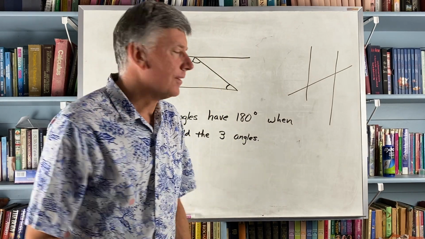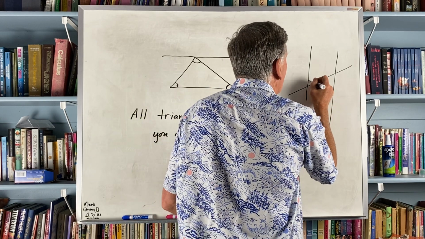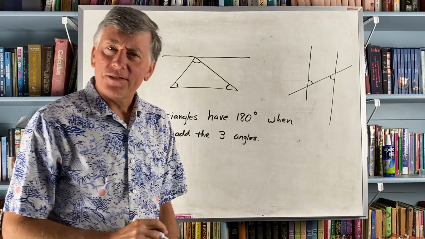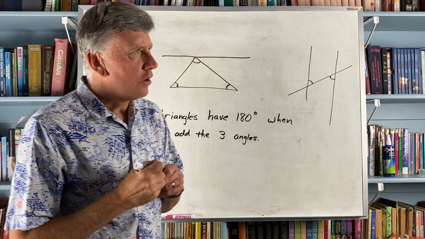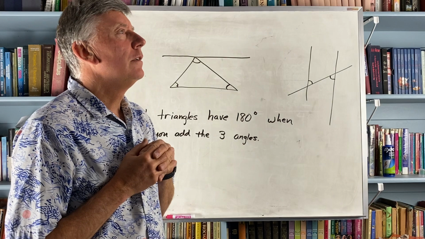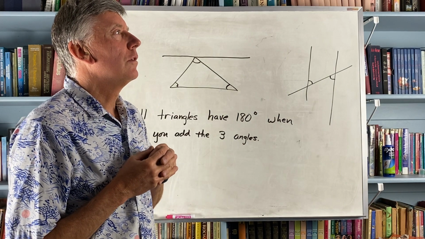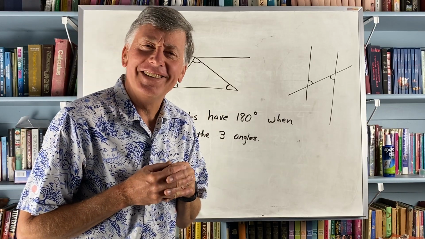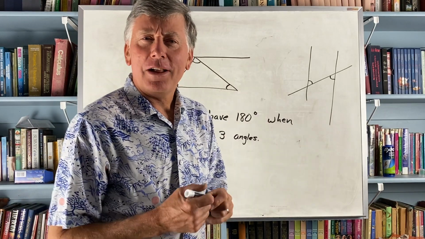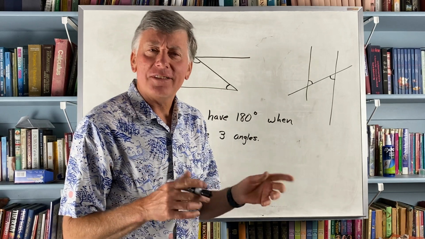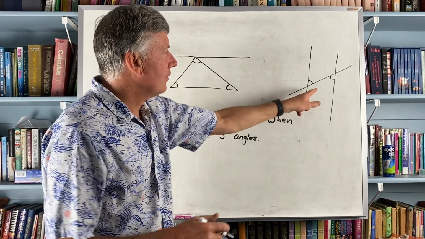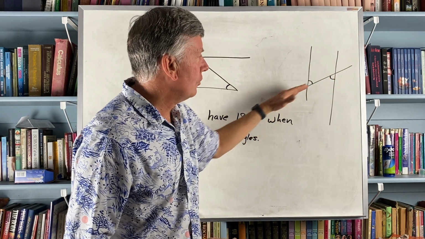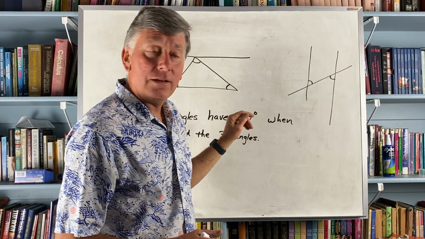I think it's an axiom that this angle and this angle are the same. I can't remember the name of it. See, I don't do math very well as far as memorizing names and titles. I do math by thinking, and I just know that this is true, that when you have this transverse line,